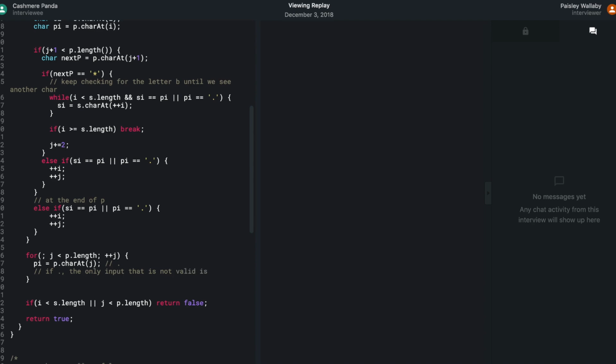Right. So couldn't I just simply say, if S dot length is greater than 0, then we continue? But what if I have another dot? Mm-hmm. And that means that I'm expecting